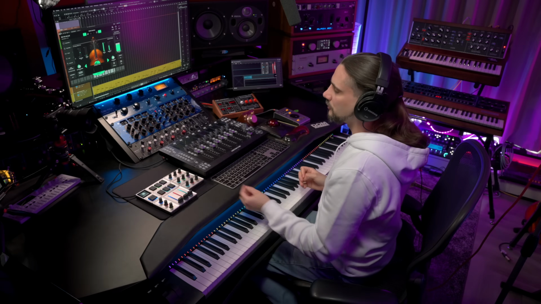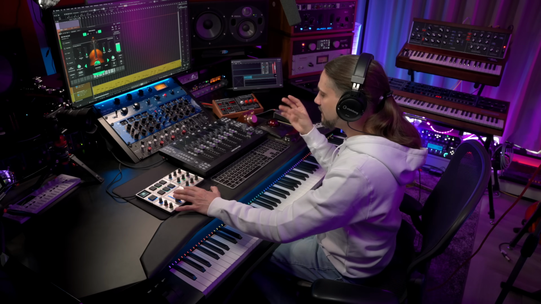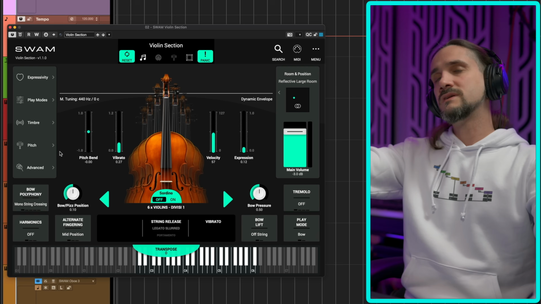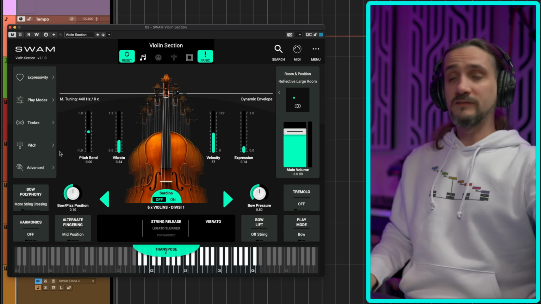And now the final point, and this is more of a music production kind of tip, and it's layering. This is one of the things that I've talked about in many of my videos. It's a technique that I've been using for 20 years now, and it's a very popular technique, and there's a reason for this. And I'm going to give you a very, very simple example. Sometimes what I like to do is I like to layer instruments and libraries together. So for example, the Swam instruments give me a very expressive sound because I can play